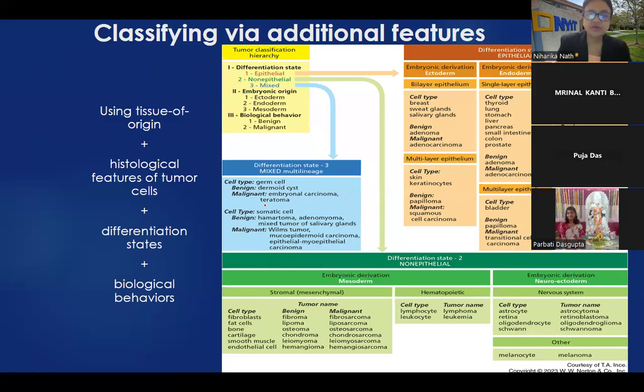And so, not to scare you any further, but this is just to show you that you not only classify all the cancers based on tissue of origin, where it started, but you can also have certain features of the cells, histology, some cytological features of the cells. Then are they differentiated? Are they mature? Are they immature? And then how do they behave? Are they benign? Are they malignant? So you can combine all of that